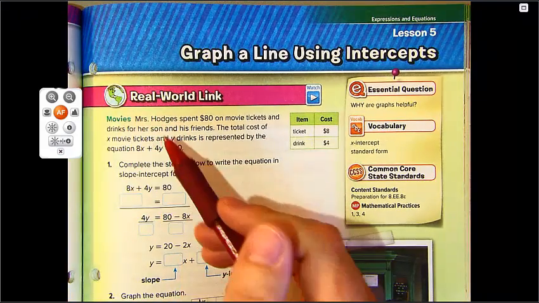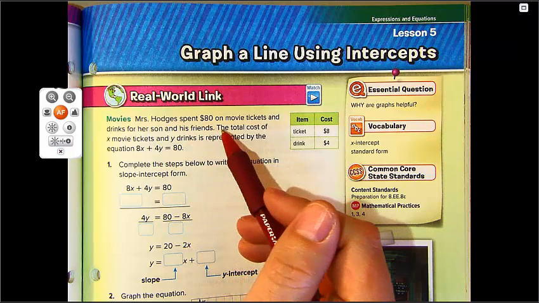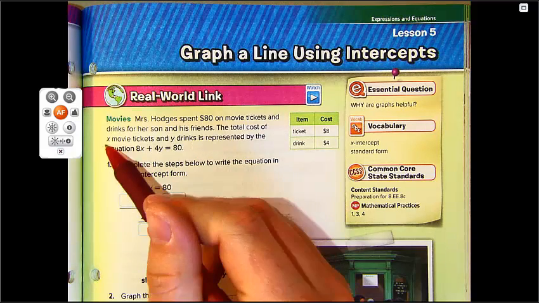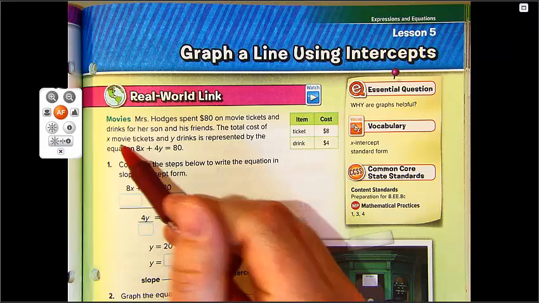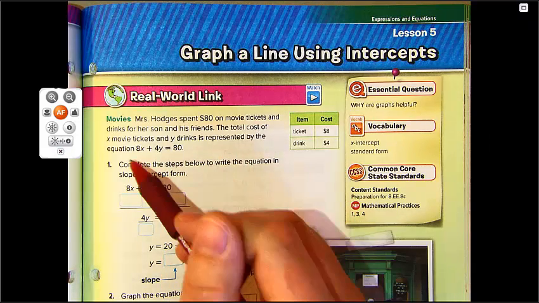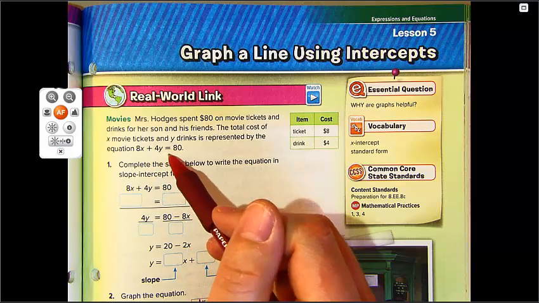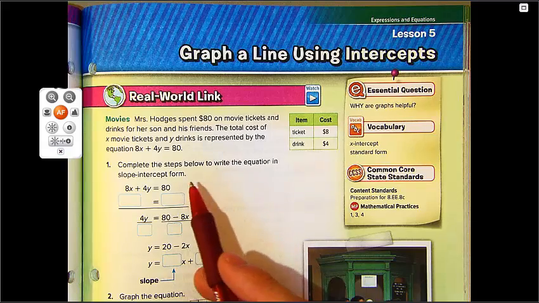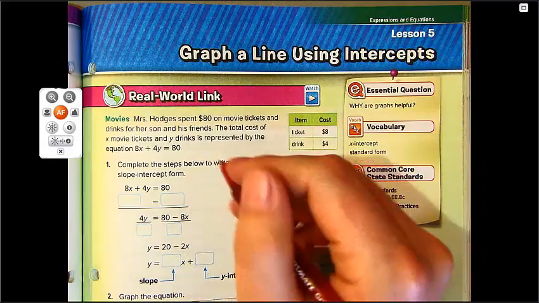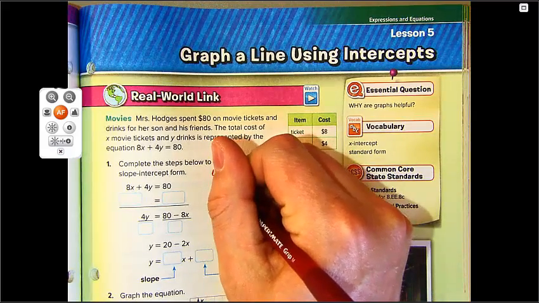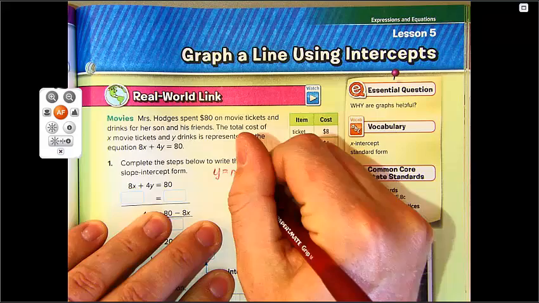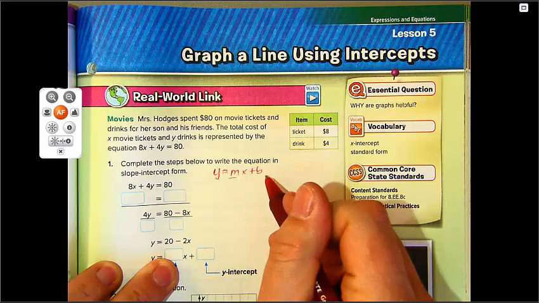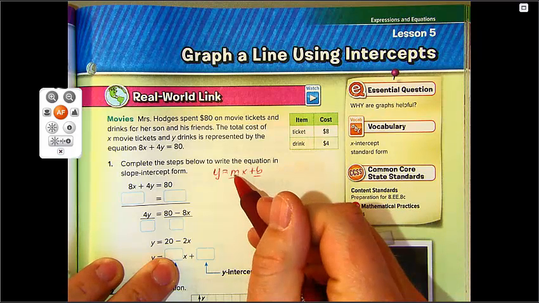We're at the movies. It says Mrs. Hodges spent $80 on movie tickets and drinks for her son and his friends. The total cost, x movie tickets and y drinks, is represented by the equation 8x plus 4y equals 80. Here it says complete the steps below to write the equation in slope-intercept form. Now slope-intercept form, if you remember, is the y equals mx plus b form, because m is slope, b is your y-intercept, so that's how we get the name slope-intercept